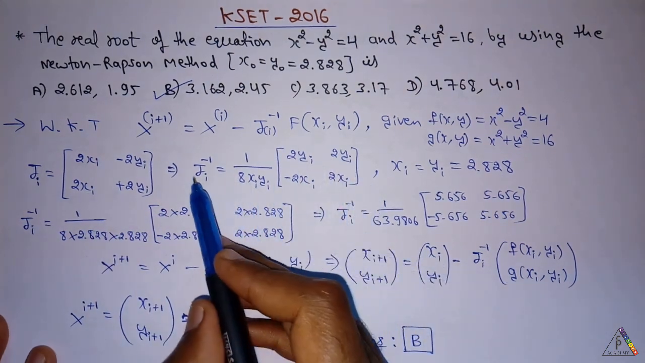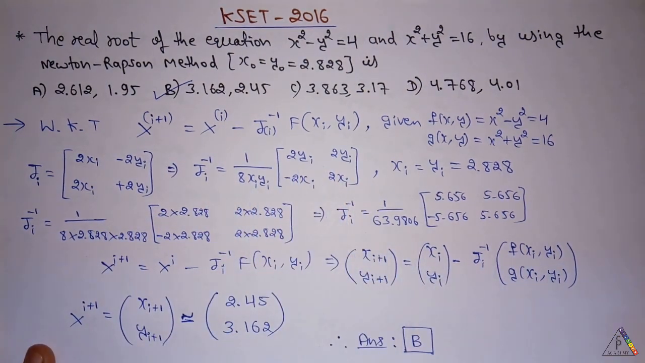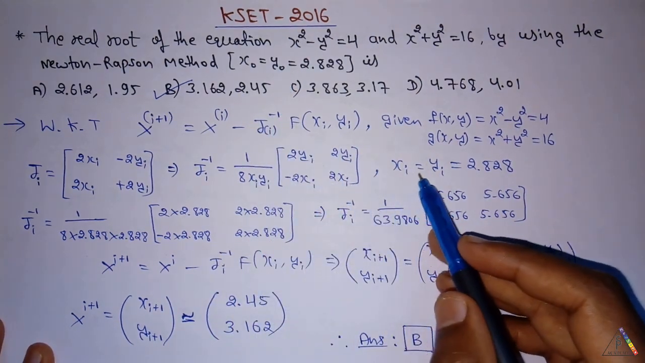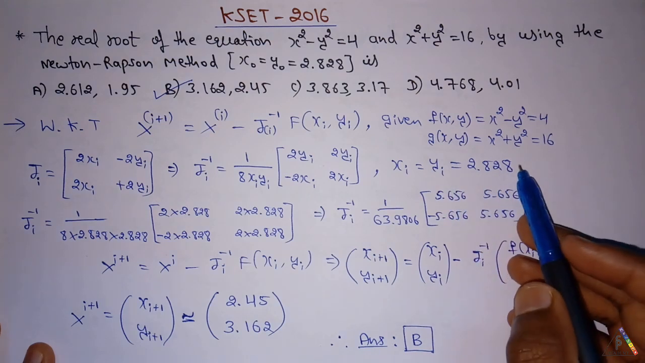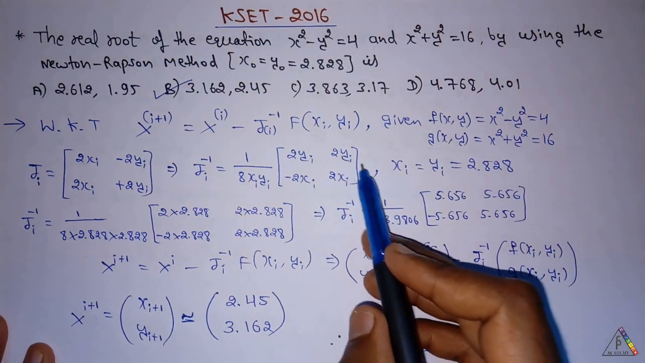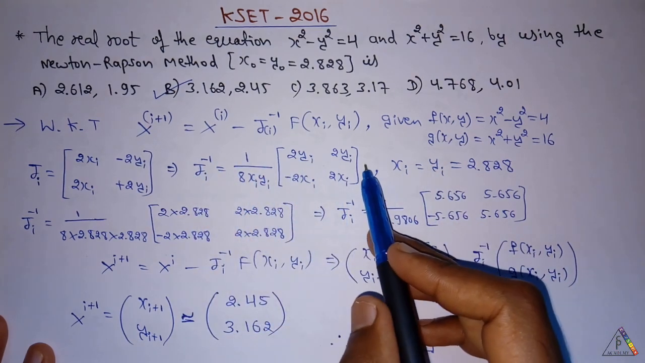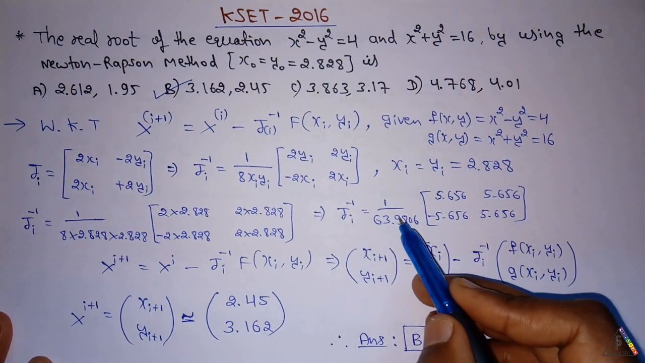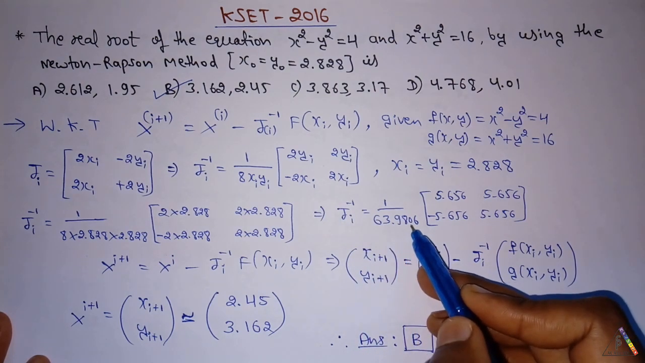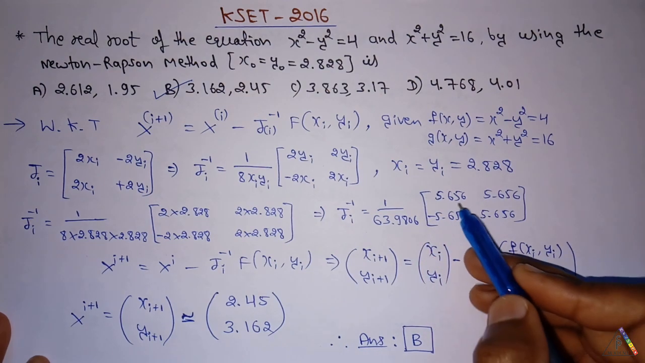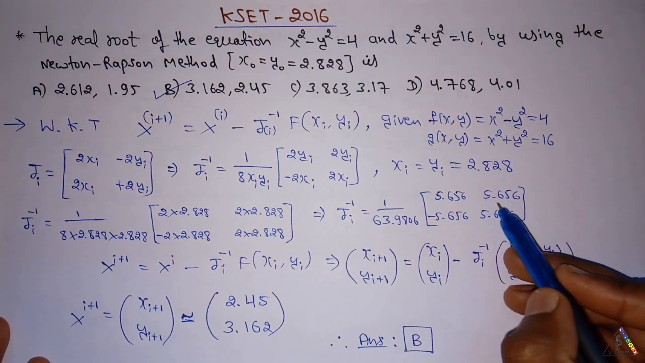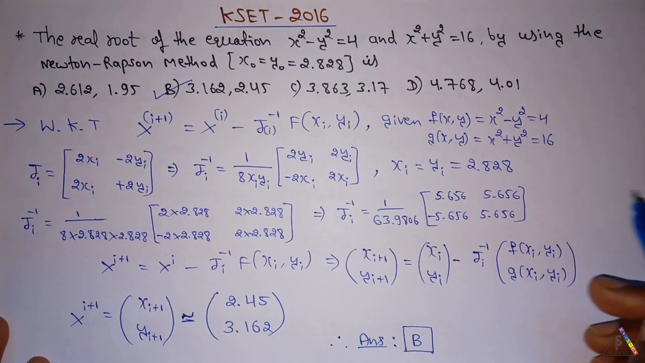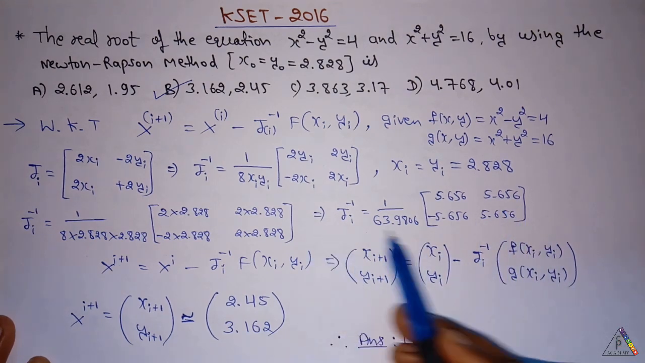By doing that, this is the J inverse matrix, and they are given the initial value x0 and y0 as xi is equal to yi is equal to 2.828. By substituting the value of xi and yi in the inverse of the Jacobian, we will get the Jacobian inverse as 1 divided by 63.9806 into 5.656, 5.656 minus 5.656, 5.656,